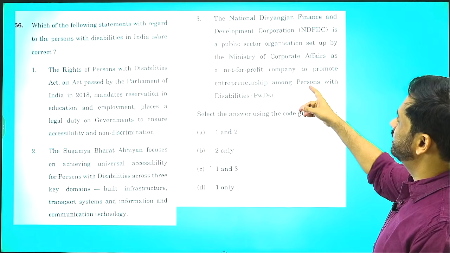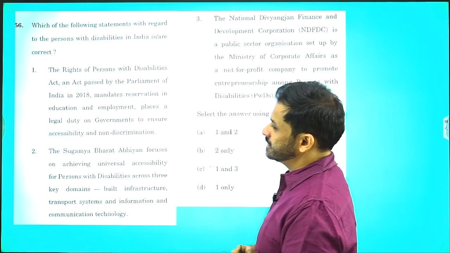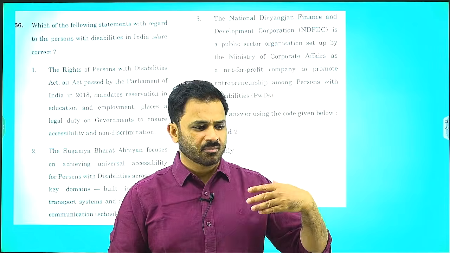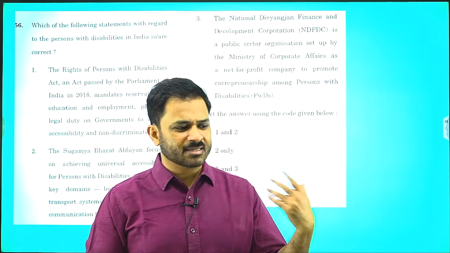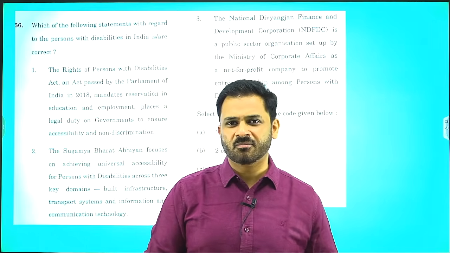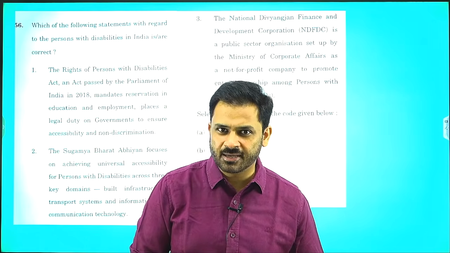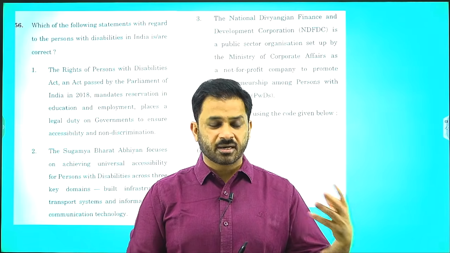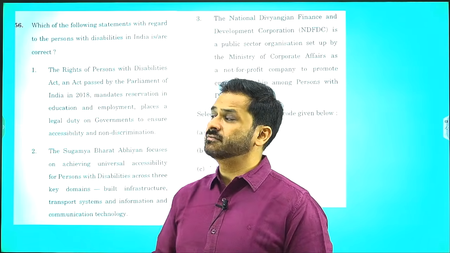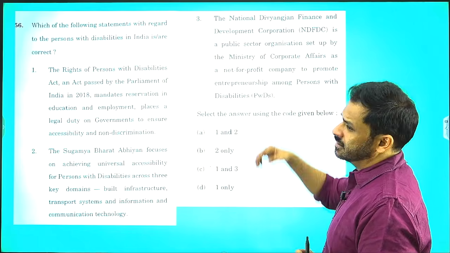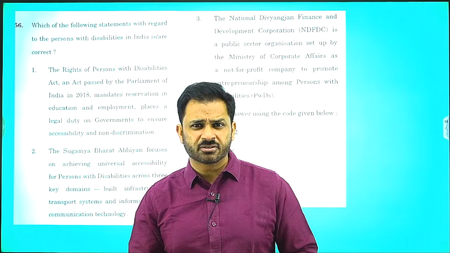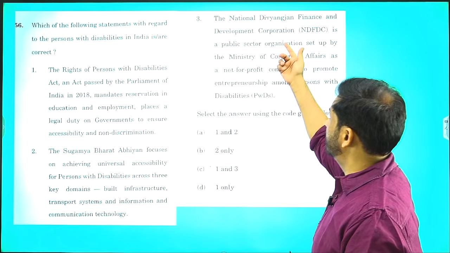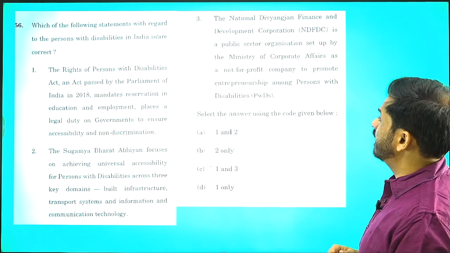The third statement is the National Divyang Finance Development Corporation. The Finance Development Corporation is an agency which provides credit and subsidy and training and skill development so that you can start some enterprise, some kind of business, maybe small business. So there are beneficiaries. National Finance Development Corporations are there with respect to scheduled caste, scheduled tribe, the backward classes and the Safai Karmacharis, and now we also have it for the Divyangs as well.